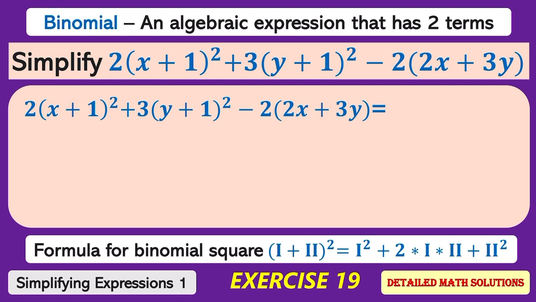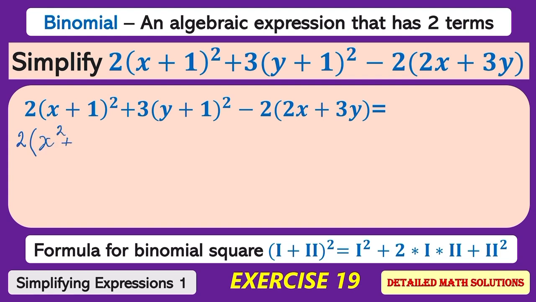To simplify it, I'm going to use the formula for binomial square. First term plus second term in parentheses squared equals first term squared plus 2 times first term second term plus second term squared. I'm going to apply this formula for the binomial squares (x plus 1) squared and (y plus 1) squared. When I do that, this expression equals